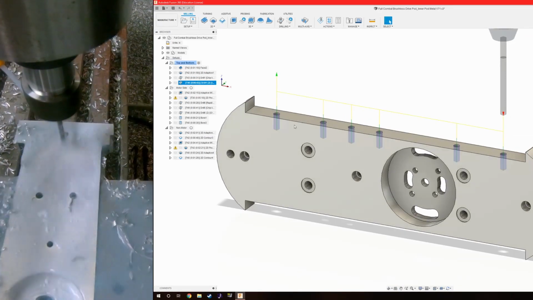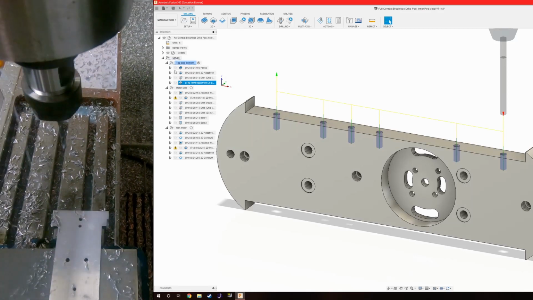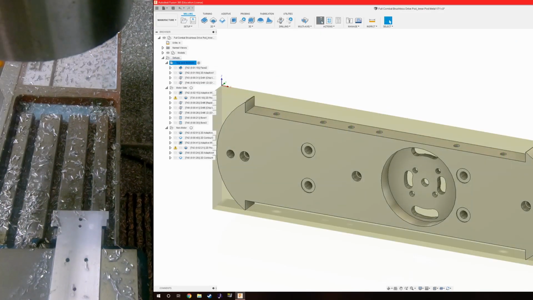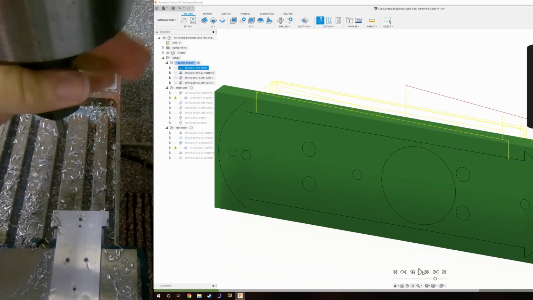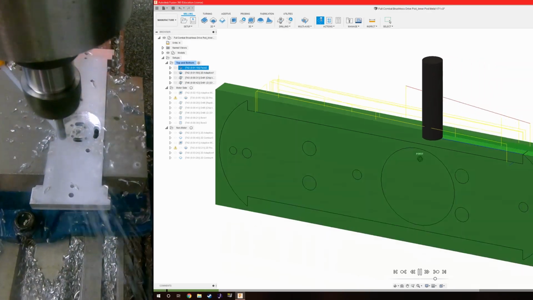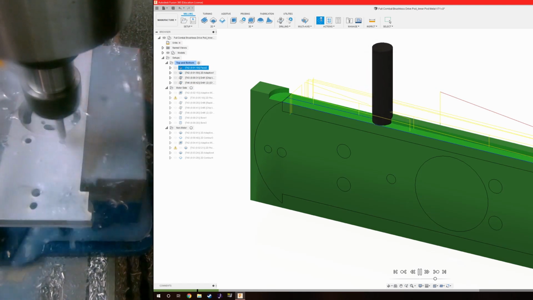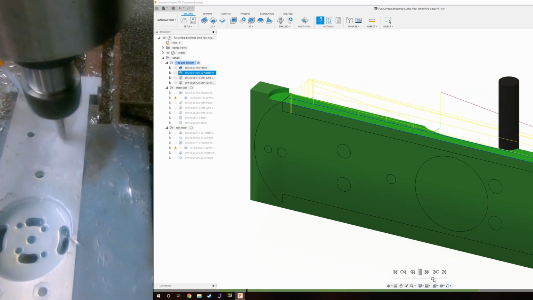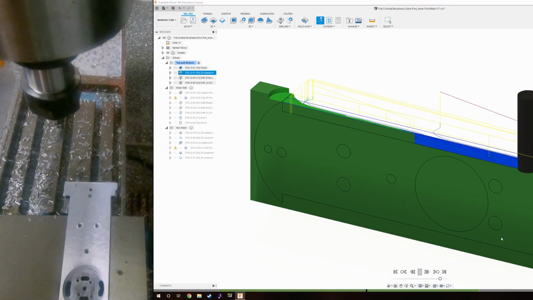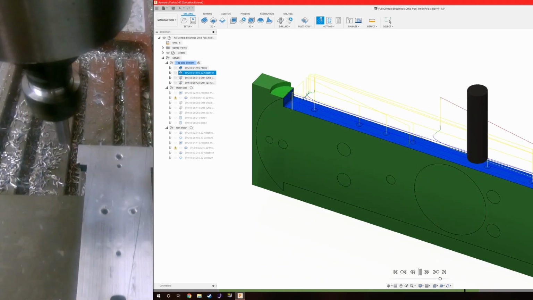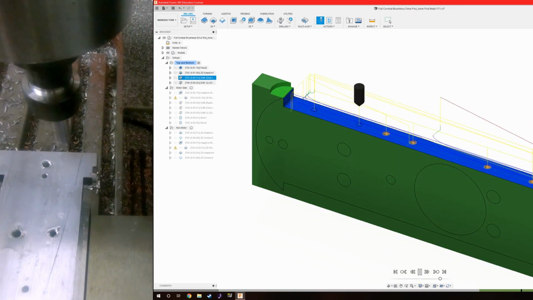These holes would be tapped eventually for 1024 screws. And I can simulate this happening so you can see exactly what's going to happen. So green is the stock, this simulates the flutes of the cutter, and this is not real time, I can speed it up or slow it down however much I want. So you can see it does this kind of weird pattern, and then it finishes up the edges, and then